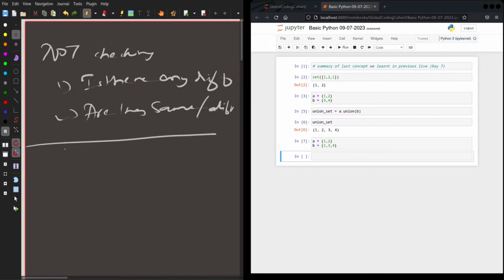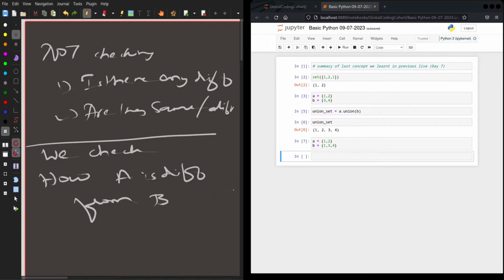But we check how A is different from B. Understood the difference? The meaning we see conveys a different meaning when we are doing this. To understand that difference,